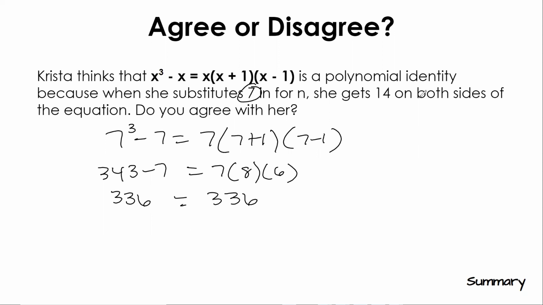So how did she get 14 on both sides of the equation? Because she done messed up. Okay, good. All right, so disagree with the fact that she got 14 on both sides, but it does work. Okay,